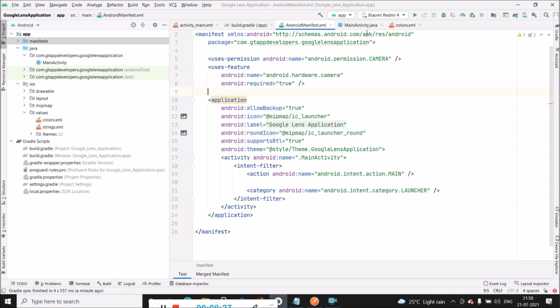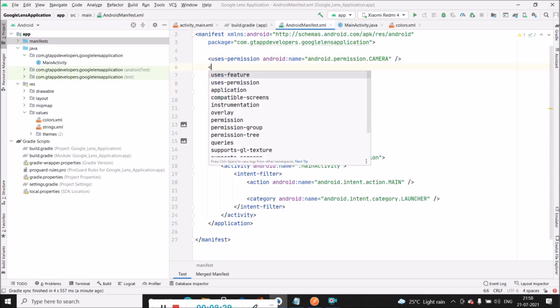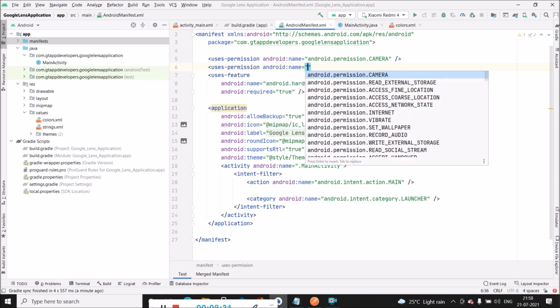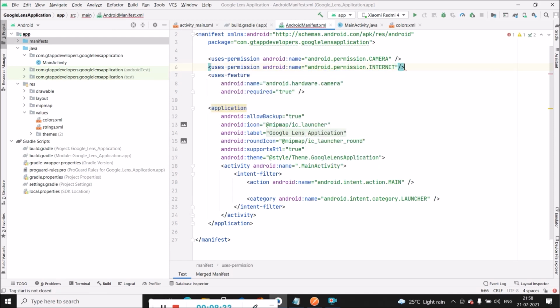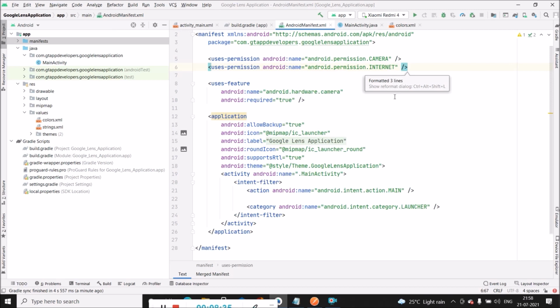Along with that we are fetching the search result from the internet, so we have to add the internet permission as well. Along with that we have to add the metadata for using the Firebase ML Vision dependencies, so we will be adding that as well.